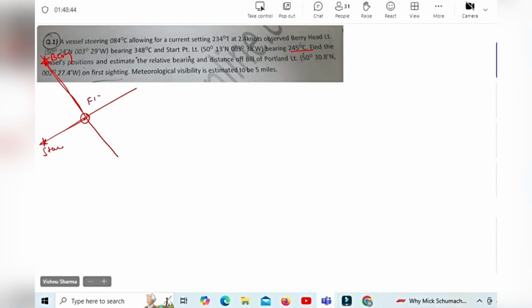And this is the fix. Guys, these are true bearings, okay? Am I clear about it? This is true bearing. This is also true bearing. Can you get this fix? Yes or no? Yes, sir. Okay. Now,